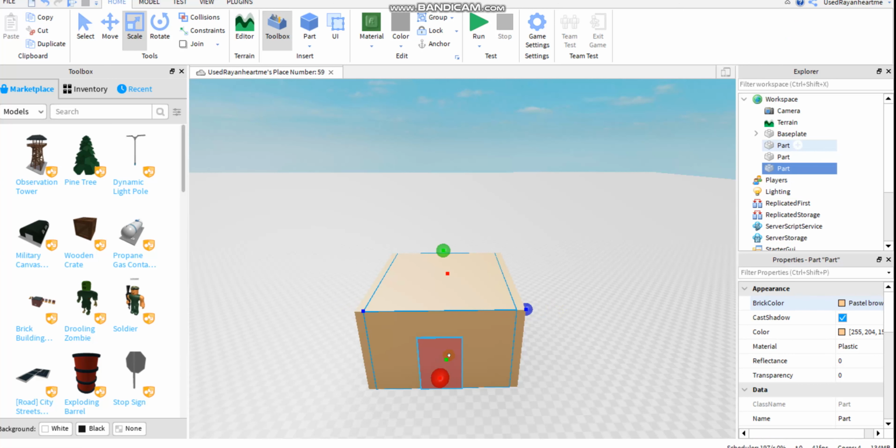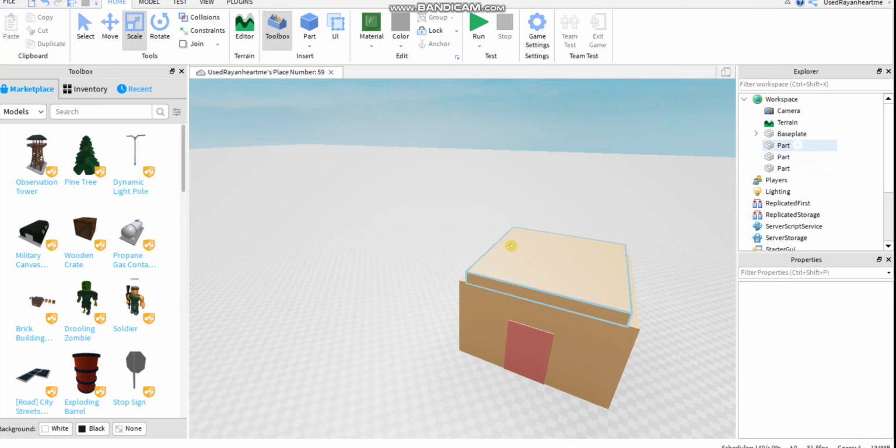So now, when use a plugin called gap fill.